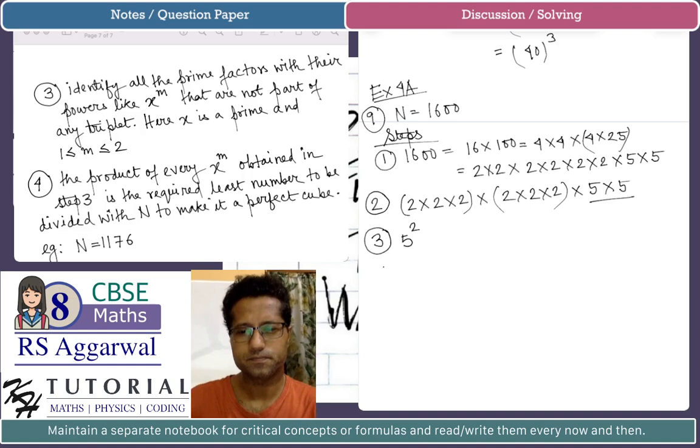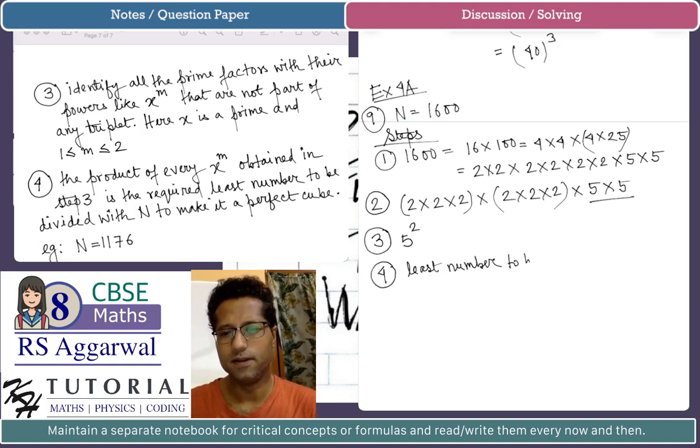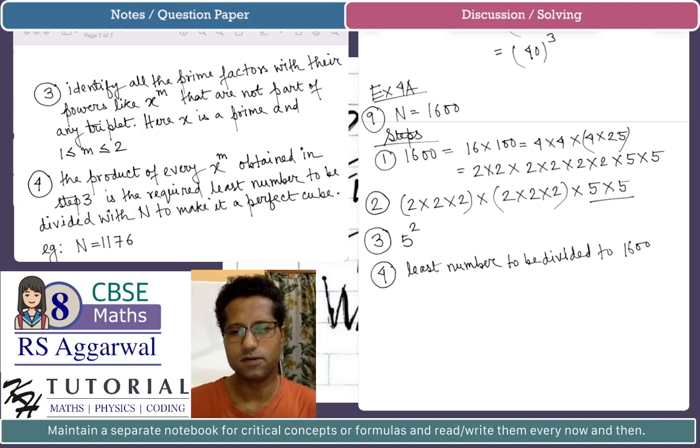Now what is step 4? Step 4 is the final step. The product of all the x to the power m found in step 3 is the least number that needs to be divided into a given number to make it a perfect cube. So the least number to be divided into the given number 1600 to make it a perfect cube